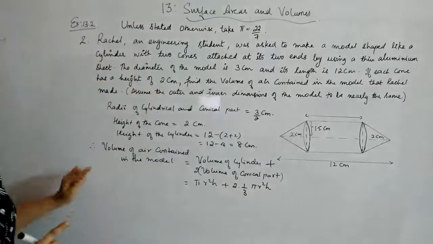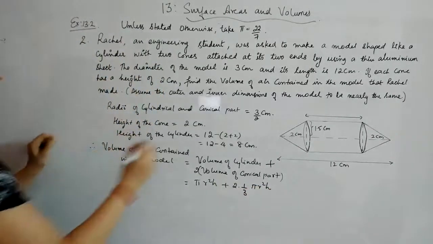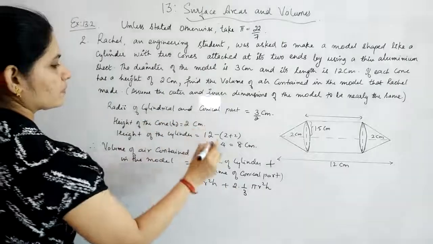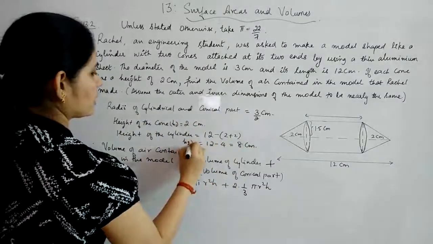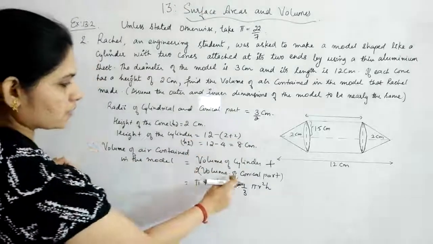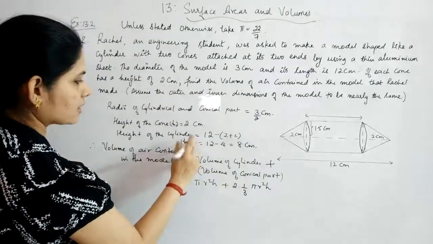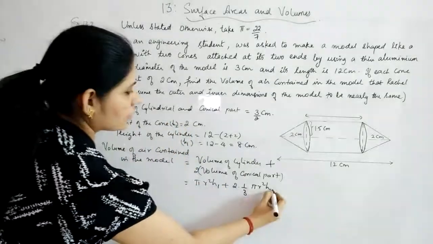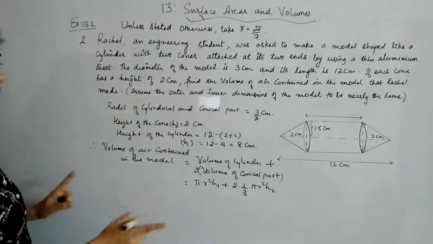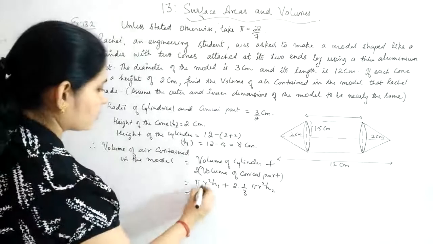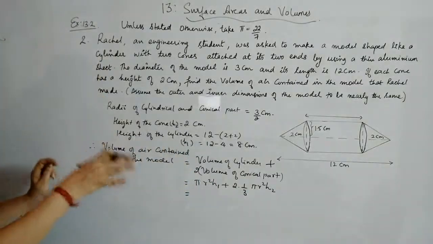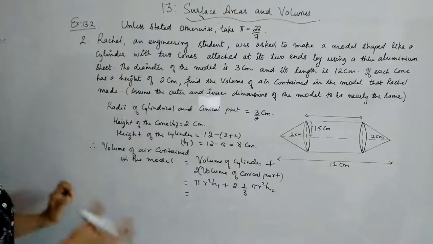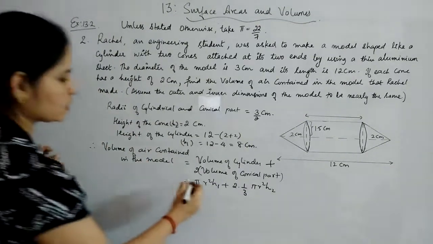Now you have to know that the height of both are different. If you mention this as h1, mention this as h2. Okay, so the first one is the cylinder, so I will write it as h1 and the conical as h2, so that you can identify them separately. R is same, that's why it is only R. Or else you can separately find out the volume of cylinder and volume of conical part, then substitute here also.